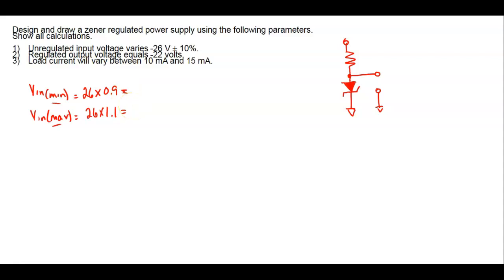So like I said, now that I have these numbers in my head, it saves you a lot of math, right? So what would 26 times 0.9 be? Here I'm using the absolute value, but my answer is going to be in negative, and then my VN max would be,